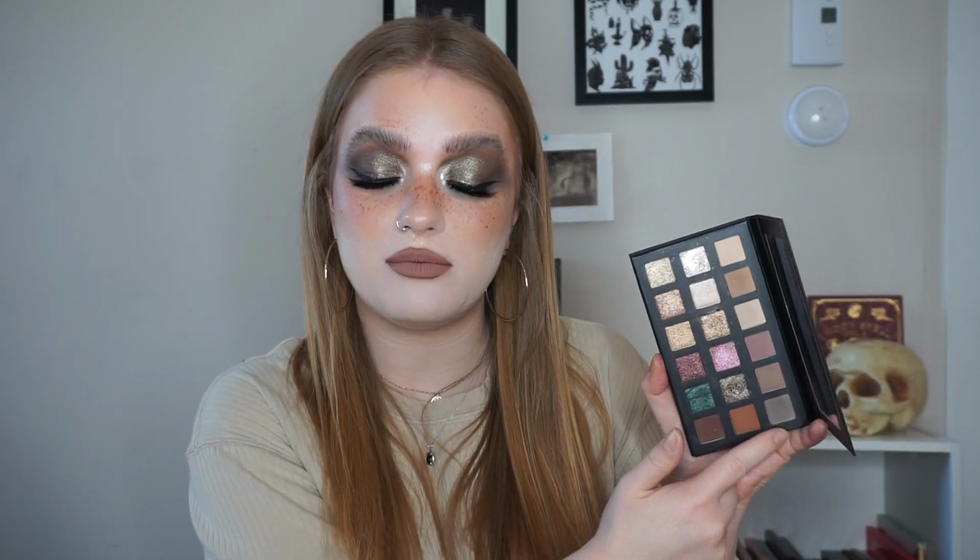This palette for me is not 100% ideal because all of these shades, or most of these shades, I would use as transition shades. I liked that I could build this gray shade up so that it was a pretty good crease shade for me, but in an ideal world I would have deeper mattes across the board, maybe even a black. I feel like that could fit the vibes of this palette. But overall, if you're